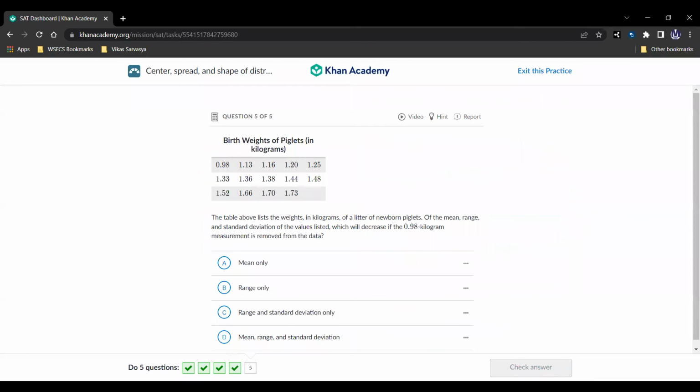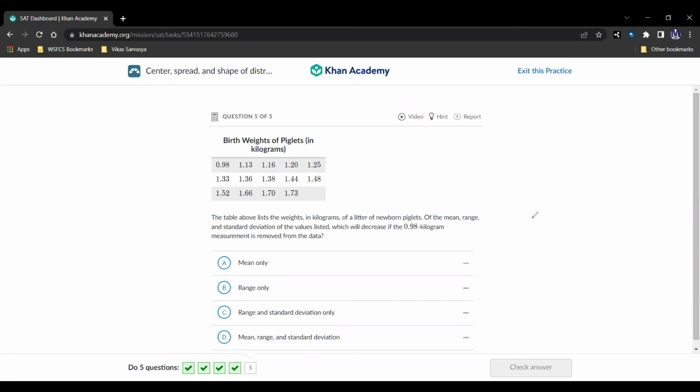All right, let's see what we have here. We have the birth weight of piglets in kilograms with 14 different values. And we're told that this table above lists the weights in kilograms of the litter of newborn piglets. Of the mean, range, and standard deviation of the values listed, which will decrease if the 0.98 kilogram measurement is removed from the data? Well,